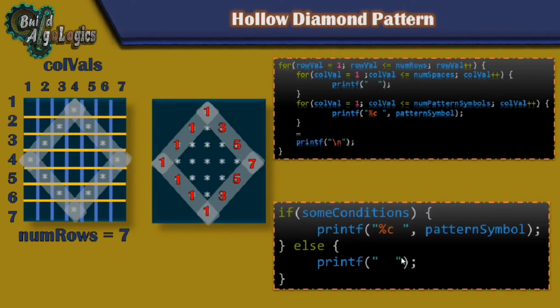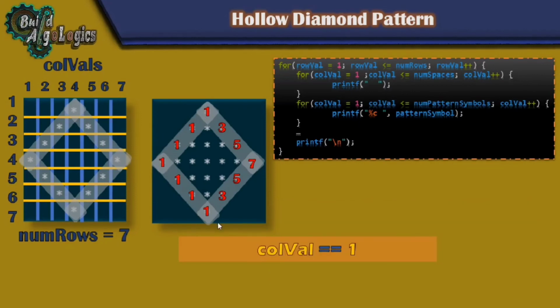So now let's derive our condition to print this part only. As we know, this value always starts from 1, so we can say that our first condition will look something like this. Also, this part is printed because of the last value of col val, and this last value of col val is nothing but our number of pattern symbols. So our second condition will look something like this: print stars when col val is the same as num pattern symbols, else print spaces. So let's give it a try.